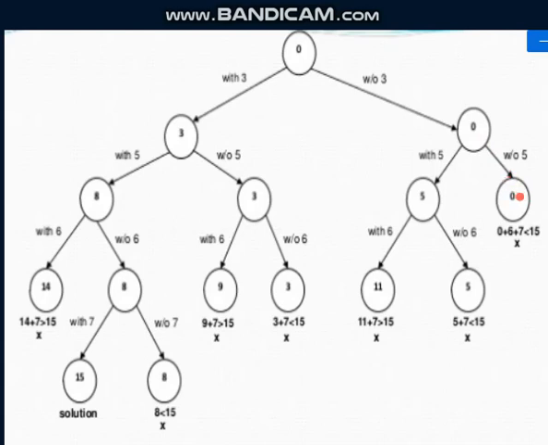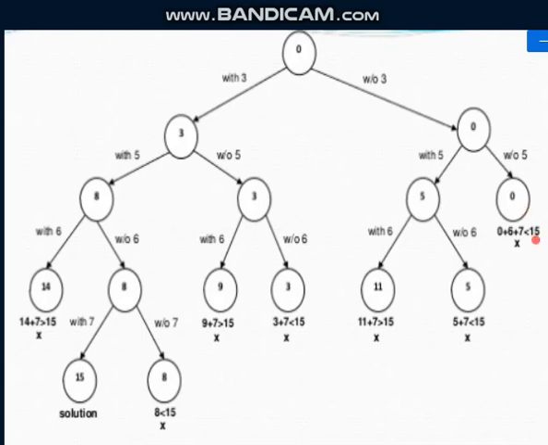So if you come to this, without including 5, what is the sum? Without including 5, the sum is still 0. So now if I include 6, what will be the sum? Sum is equal to 6. If I include 7 to that, what will be the sum? Sum will be 6 plus 7 is 13. So 13 is less than 15. Now even if I exclude any of the elements in the solution set, I will get the value less than